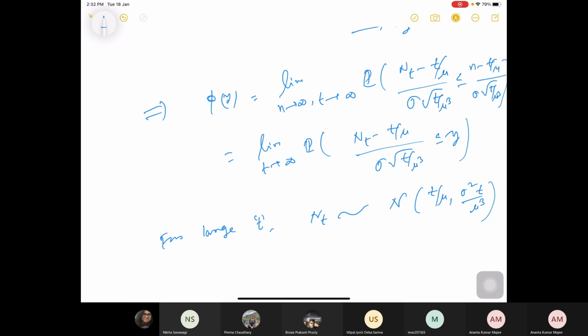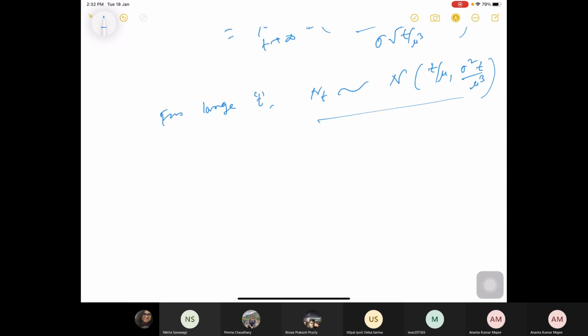Okay, so limit t goes to infinity means in practice whenever it is large enough. So then we are saying that nt is normally distributed with mean t by mu and variance sigma square t by mu cube. Okay, let us consider one example where we can use the central limit theorem. You can use the central limit theorem whenever we are looking for the asymptotic behavior and the distribution of that. Means for large t we want to know how the distribution of that process looks like. So in that case you need to